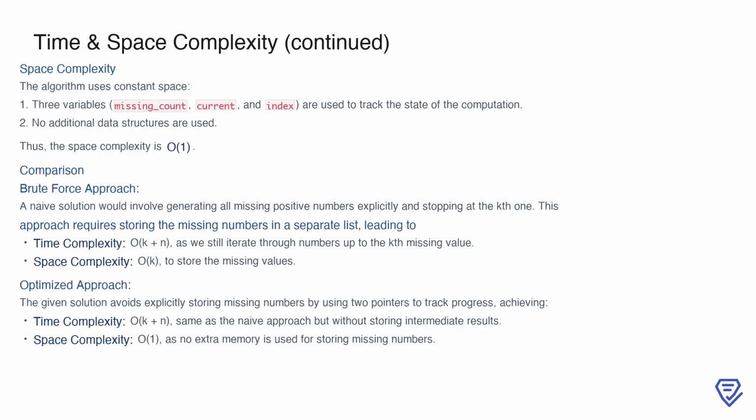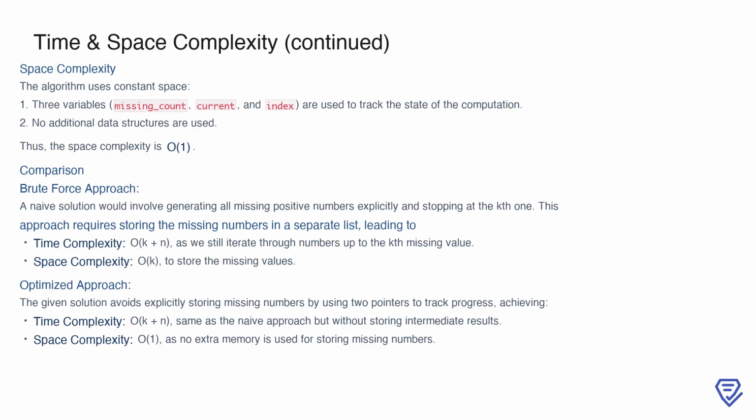A naive solution would generate all missing positive numbers in a separate list up to the kth missing value, requiring O(k) space to store these numbers. While both approaches share the same time complexity, O(k + n), the brute force method is less memory efficient. By avoiding the creation of extra data structures, the optimized algorithm achieves constant space usage, making it much more practical